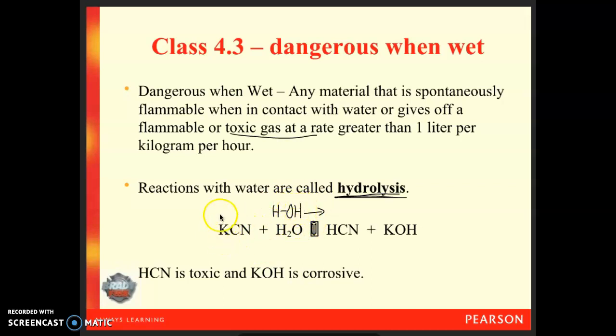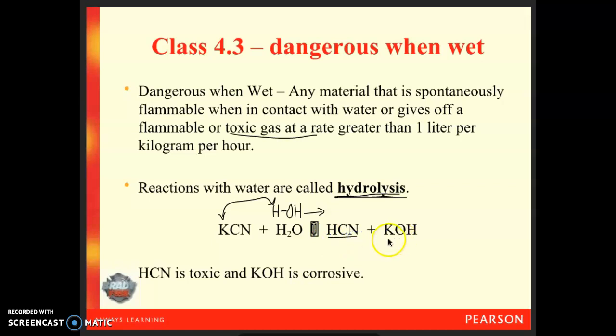And since I have a cation, potassium, and an anion, cyanide here, this is the classic double replacement setup, where my cations, my potassium and my hydrogen, switch places, and I end up with HCN, hydrocyanic acid,